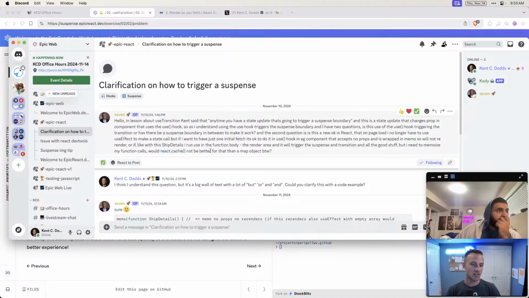It's my impression that React.cache is really just so that multiple components in a single render can access the same value. If we had multiple components that all needed the ship data, one of them would kick it off and then React cache would make sure that the rest of them don't kick off the same request.